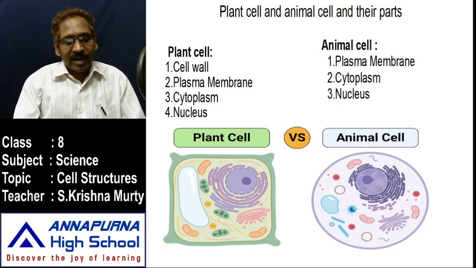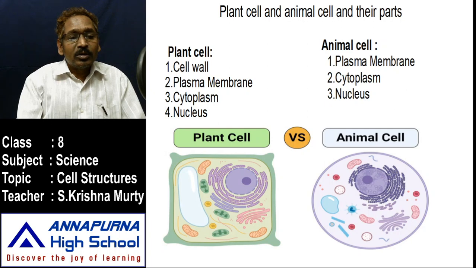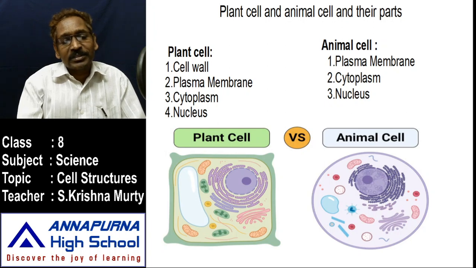Internally, inside the nuclear envelope, what is there? Some kind of material is there, that is called nucleolus. The nucleolus once again contains two portions. Already you learnt about that. One prominent portion is known as chromatin, another one is nucleoplasm. Nucleoplasm and chromatin, two kinds of portions are present in the nucleus.